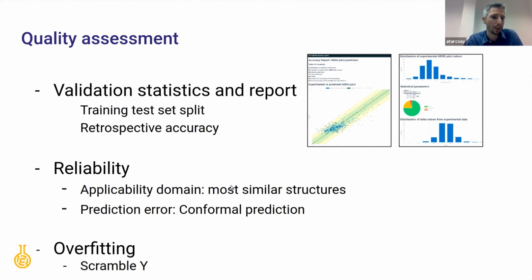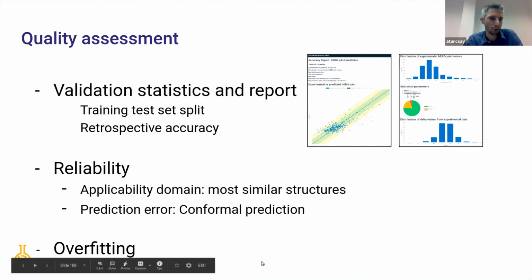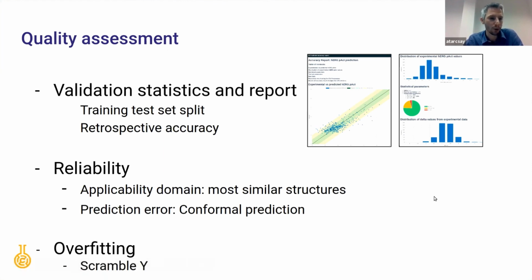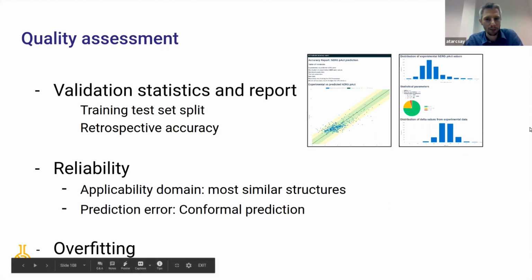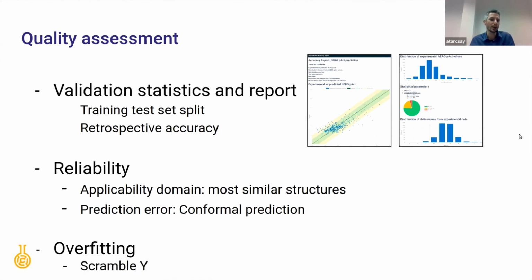It can calculate the applicability domain for a new prediction. What are the most similar structures in the training set? And we are applying conformal prediction to predict the error. And for overfitting, we selected the Y-scrambling method. In case of Y-scrambling, that's again a simple trick. You have your database and the observed